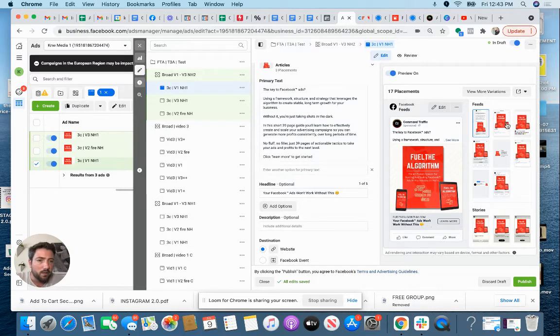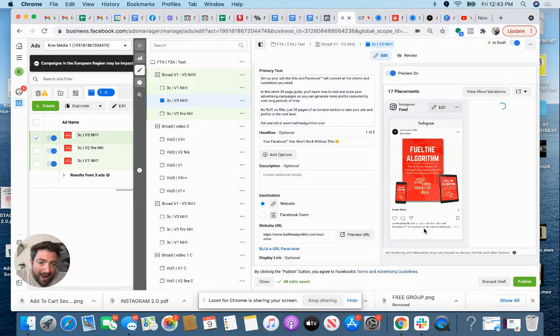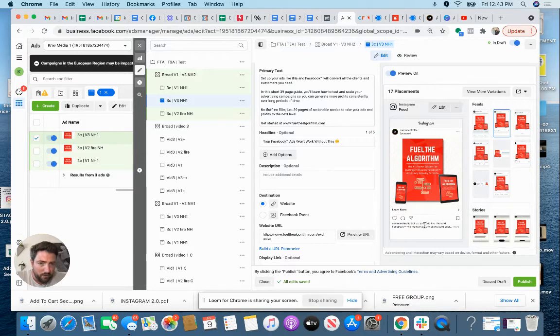Of course. So let's go ahead and look at how it looks on the Instagram feed. Now in the Instagram feed, we don't get that headline. So the key to Facebook ads? This is going to prompt someone to click this little more button and see more. But right away, they know this is going to be about Facebook ads. Now let's look at this ad here. Set up your ads like this and Facebook will convert all the customers and clients you need. So there you go, setting up your ads like this. I'm being very direct in the first line, so you know this is going to be about Facebook ads,